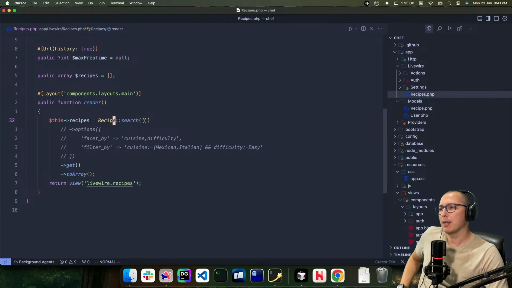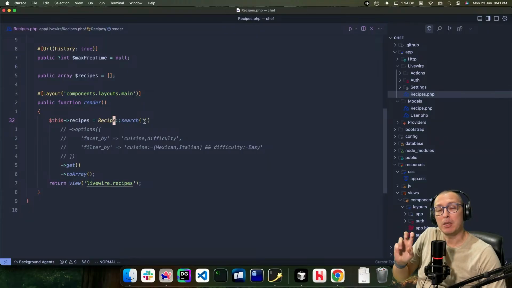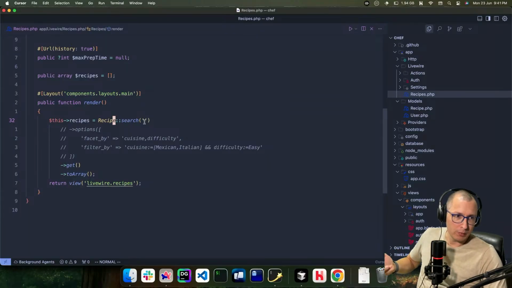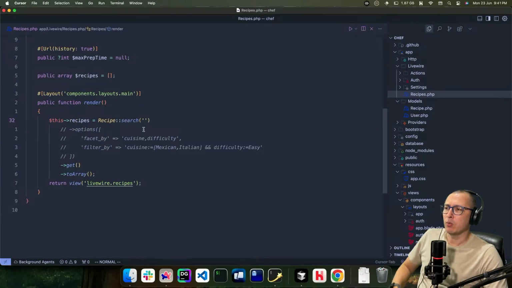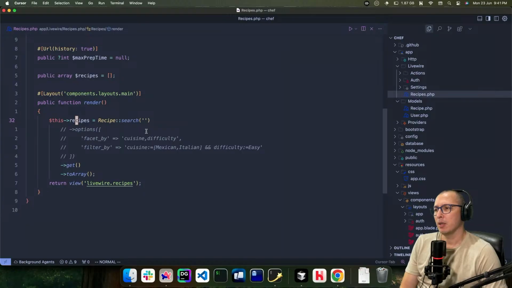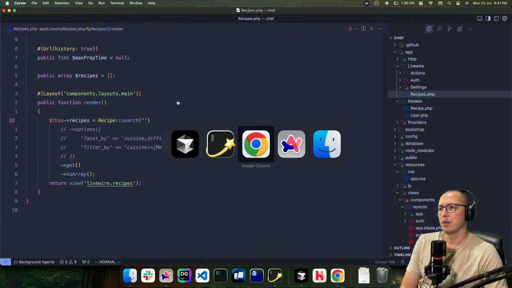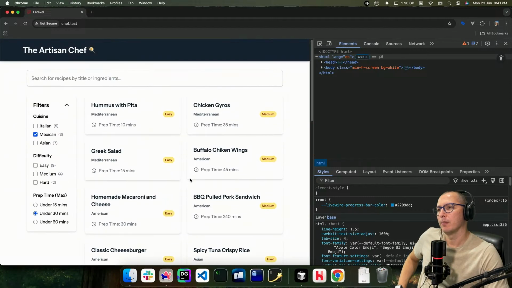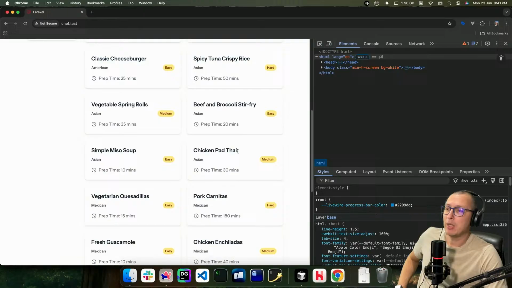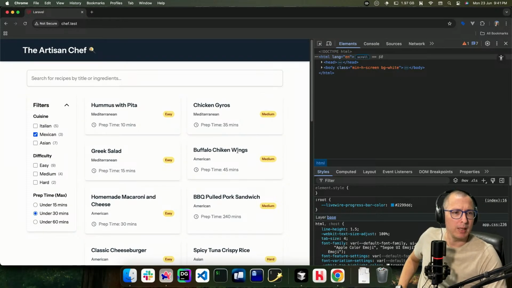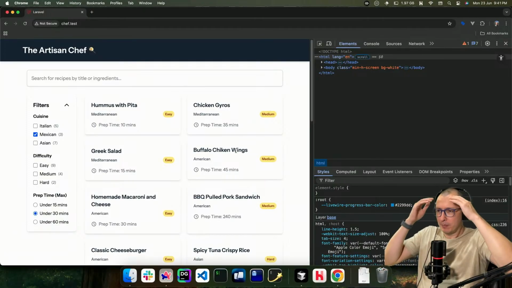For now, I'm just passing an empty search term, which by default will get me all of the results, and turn that into an array, put it in the recipes property of this component, and then we iterate over that in the template, giving us this nice little list. I'm not using pagination just yet, might add that probably at the end once the searching works and it's fine.